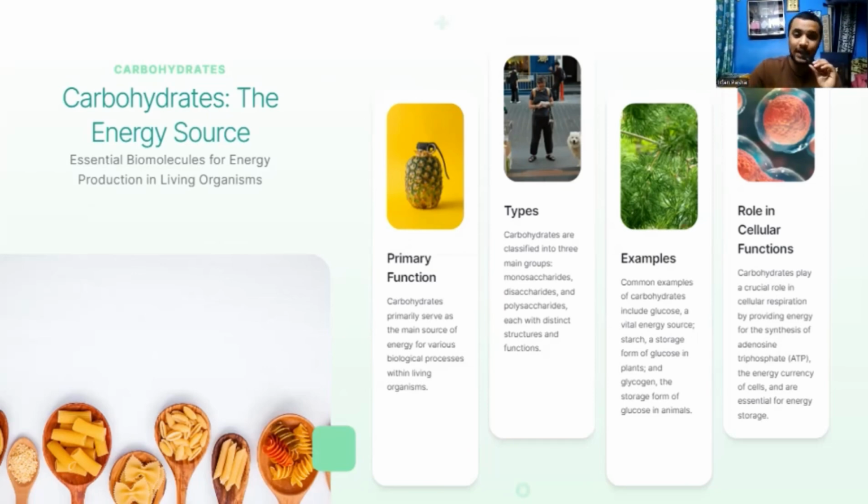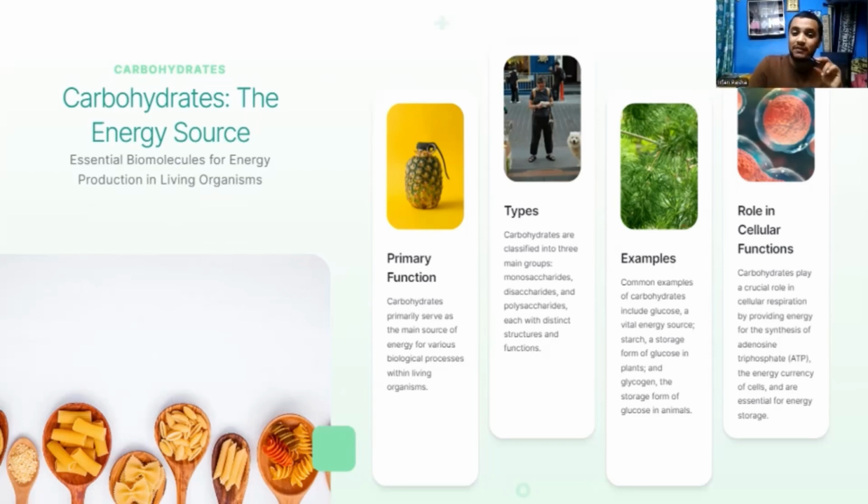Carbohydrates are the energy source, essential biomolecules for energy production in living organisms. They are very essential for the function of a human body because they provide us with energy, which is very important for everyday activities.